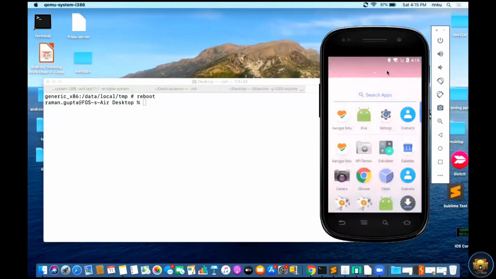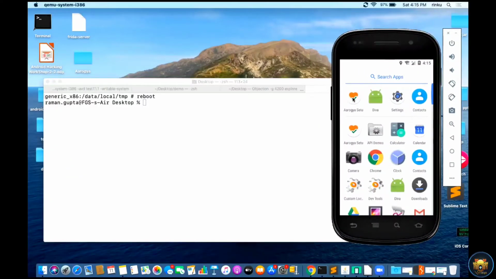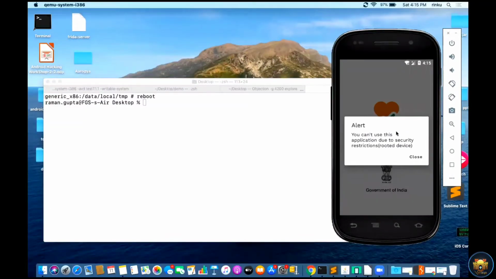For the demo purpose, I have installed the Arogya Setu application. We will give two demos with the Arogya Setu application. First, try to open Arogya Setu, and it gives the alert: you cannot use this application due to security restriction, rooted device.